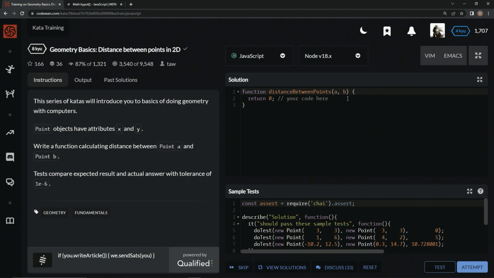Alright. So for this one, we're going to have to use the old Pythagorean theorem. Pythagorean theorem? I'm pretty sure that's what it's called. Anyway, the one where it's a squared plus b squared equals c squared. But since we're looking for c, we're going to do the square root of a squared plus b squared. Alright. So let's do a